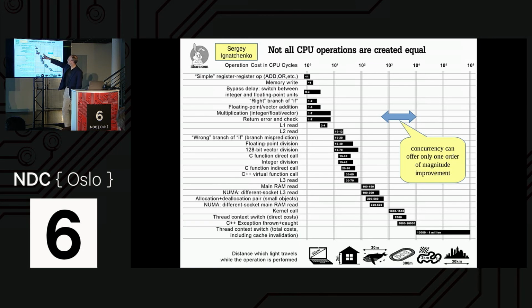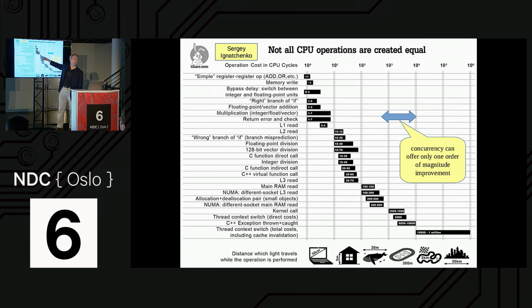We've got everything here from less than 1 cycle for simple register operations, because you're running multiple ones. I'm not going to go through all of this one because there's lots of stuff. We've got branch detection here, 1 or 2 cycles if you get it right, 10 to 20 if you don't. The divide that we talked about here, division, it's kind of slow.